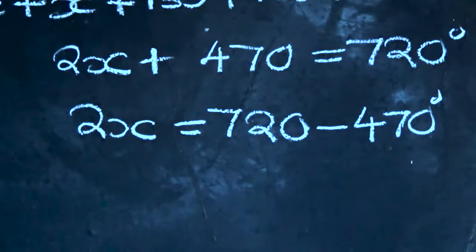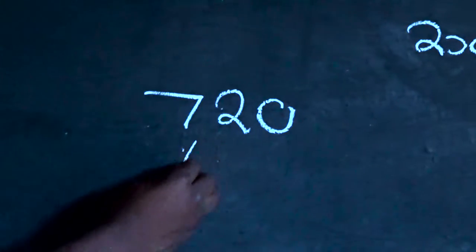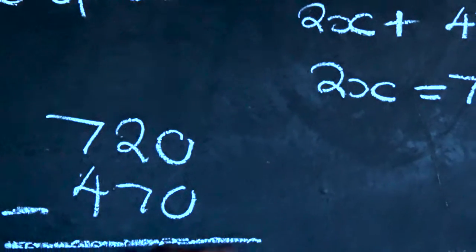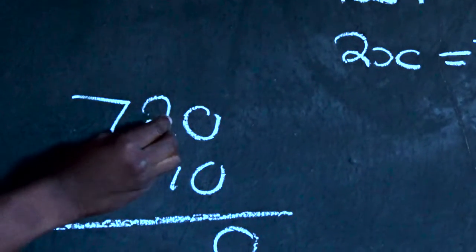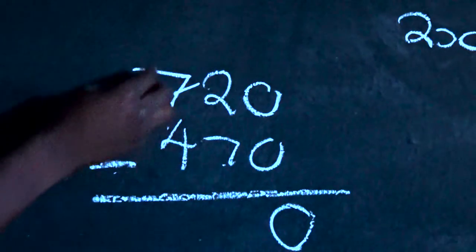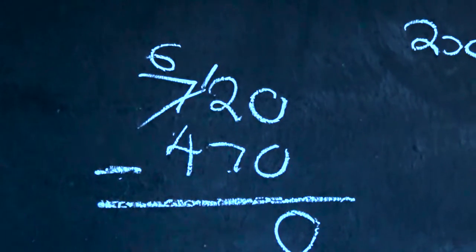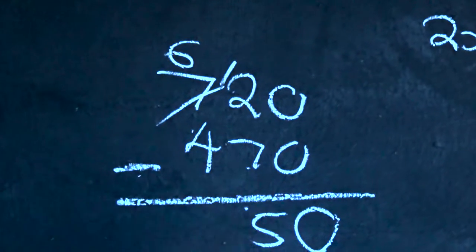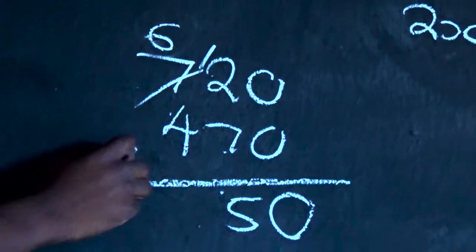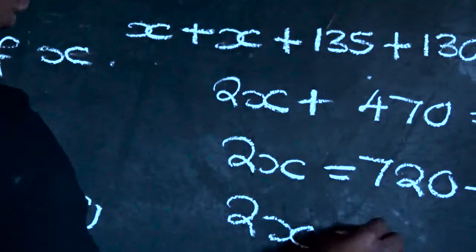So now we subtract. Can we subtract? 720 minus 470. Are we together? So 0 minus 0 is 0. 2 minus 7, it can't. You're going to get 1. Then you're going to make it 6 side. Then you're going to have 12 here. Okay? 12 minus 7 is 5. Then what's this? 6 minus 4 is what? 2. Okay? So it's 2x is equal to